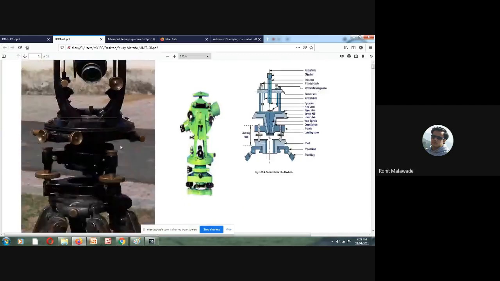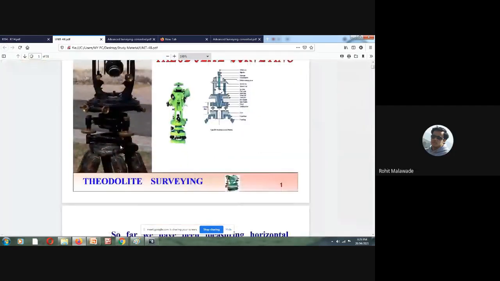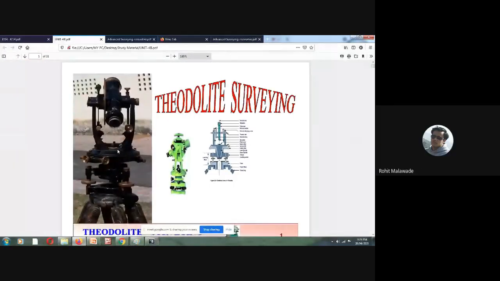As of now, I will overview it. What are the different important points? I'll just tell what is the important point in this particular class. Because if I tell everything at once in this class only, you won't understand many of the things. As of now, you just remember: horizontal plate. For what purpose are we going to use it? Horizontal angle. Yes, very good. We are going to use it for measurement of horizontal angle.